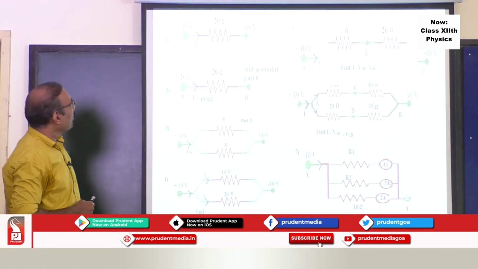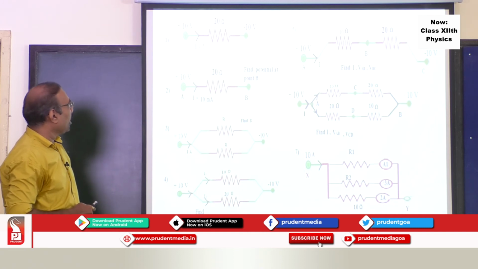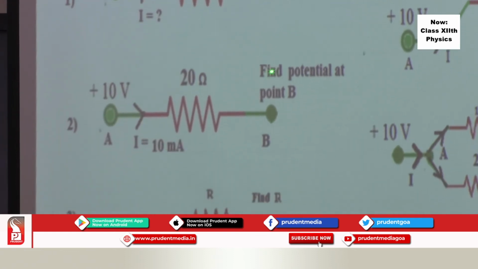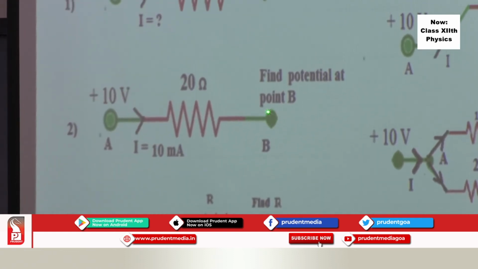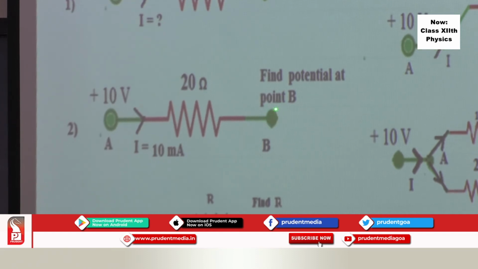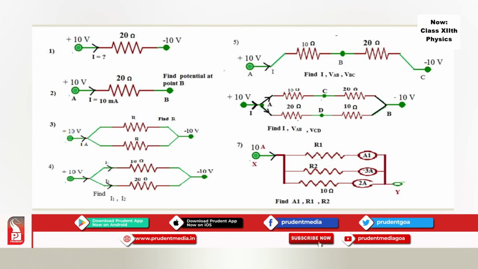Now, simplest situation, plus 10 volt, minus 10 volt, current flows, we can find out. Potential difference will be 10 minus of minus 10, that is 20 volt, 20 divided by 20, it will be 1 amp. So this current will be 1 amp. Likewise, you can find out what is the potential at this point using the same formula. VA minus VB, the potential difference, is equal to current into resistance. Current and resistance are given, find out that.